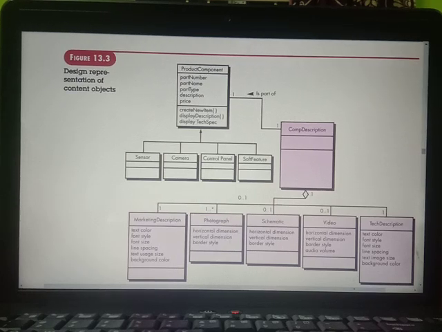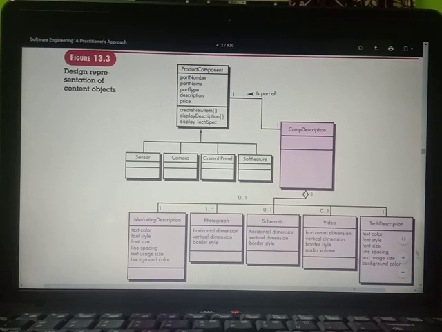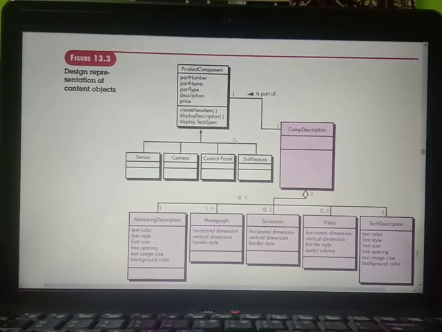In that component description, a component is going to be described in 5 ways: marketing description, photograph, schematic description, video description and technical description. So in this way, the design representation of content objects will be there for a component.